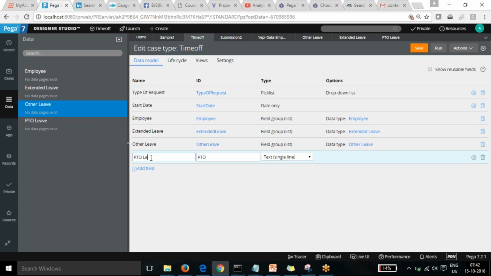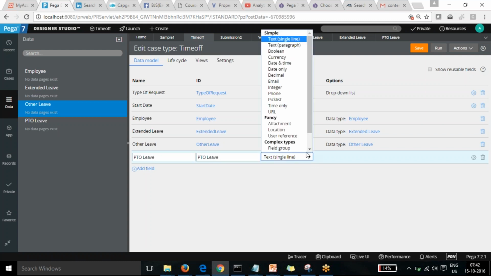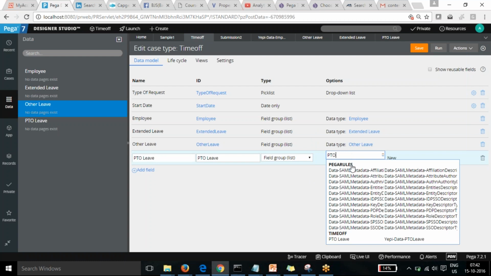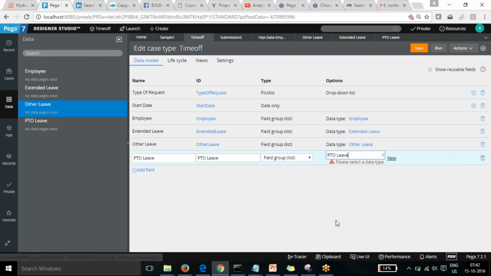So here I can go for PTO leave, and here again I'm choosing a field group list only for the time being. And here again I need to use the PTO. So now all the fields are created into the case itself.